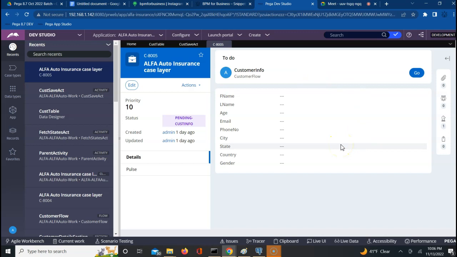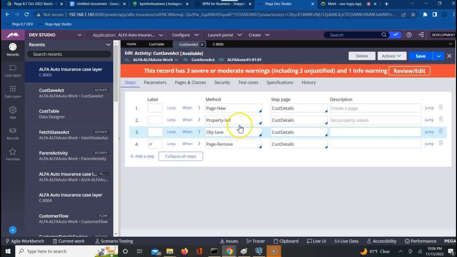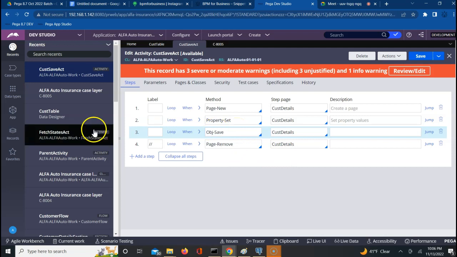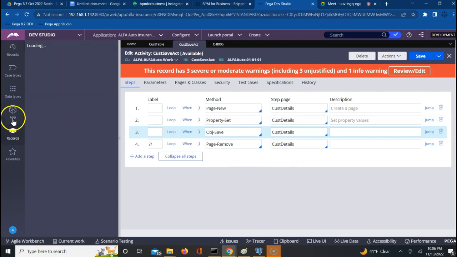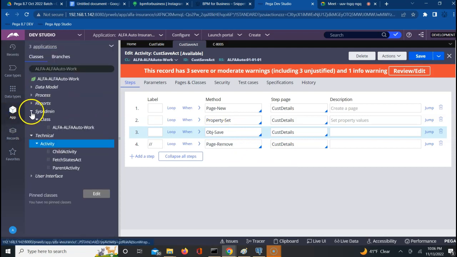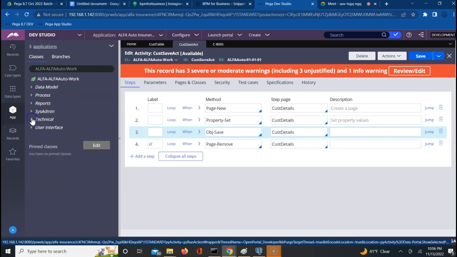If you don't call it, how will Pega know that this activity exists and it has to be called to save? It's like when you try to type the phone number and the name, you don't click save first, but after doing everything, you have to hit the save button. You have to perform that action. Only after you perform the save button action will the data go and sit into your phone memory or the SD card. Yes or no? The same thing can be achieved in Pega on flow actions. If you remember this particular